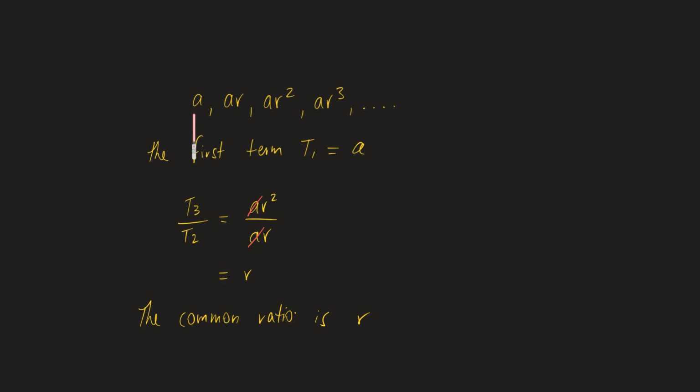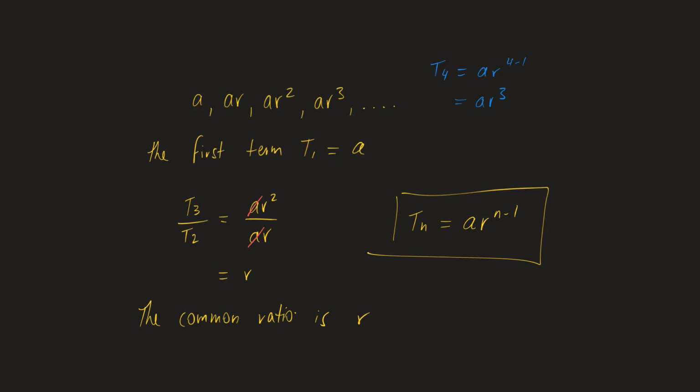Now looking at our pattern, the first term is A, our second term is AR, our third term is AR squared, and our fourth term is AR cubed. So our nth term, Tn, is going to equal AR to the power of n minus 1. If we substitute in our fourth term, term 4 is AR to the power of 4 minus 1, which is AR cubed. And that's how we've developed our formula, the formula that we will use